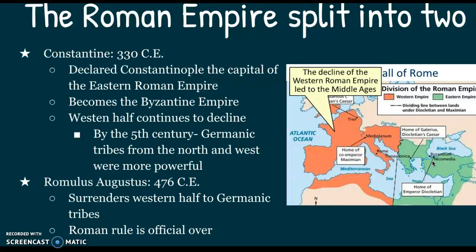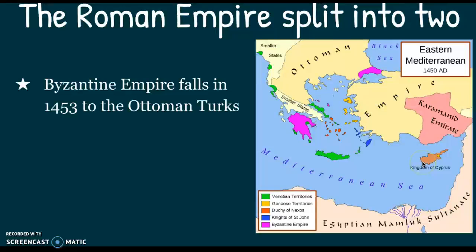So to go back to our lecture, sorry, I got on a rant. This green part, the Byzantine Empire, stays till 1453. This is going to be right before the exploration with Christopher Columbus and Sir Francis Drake and all those guys. So it lasts for quite a while. The Ottoman Turks come in and take it over. That's all you really need to know, that the Byzantine Empire falls in 1453.